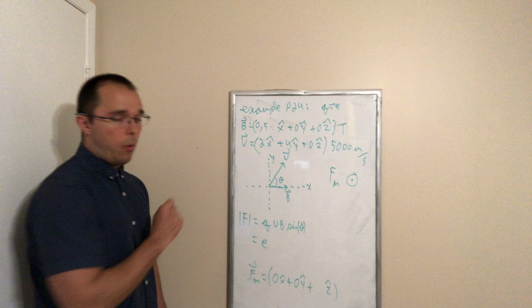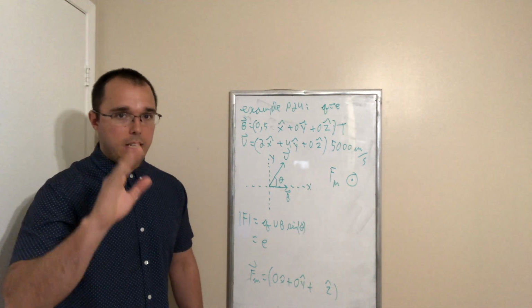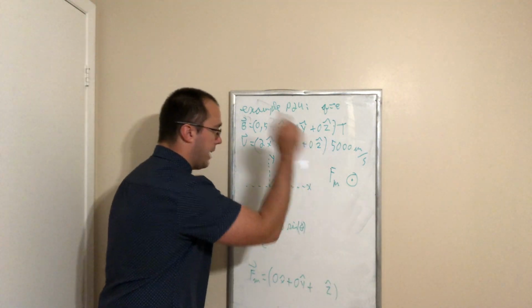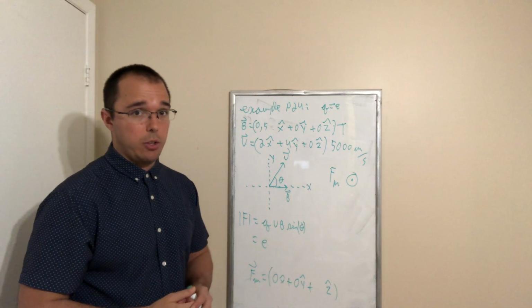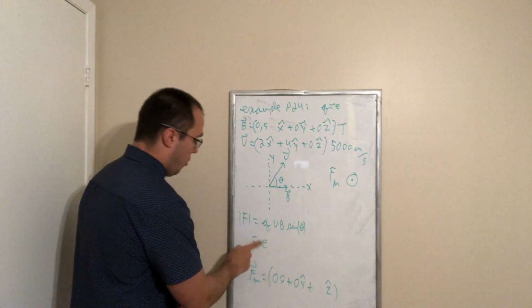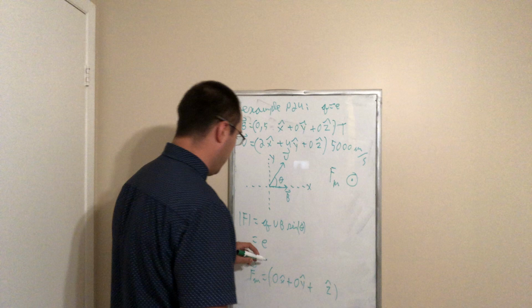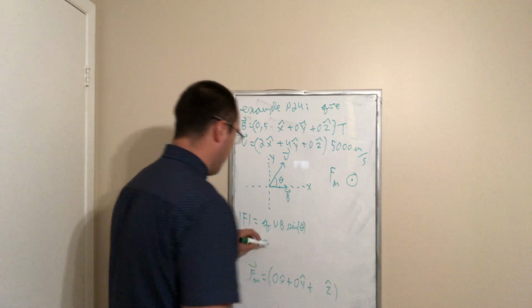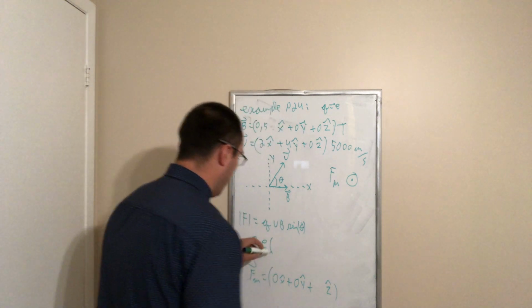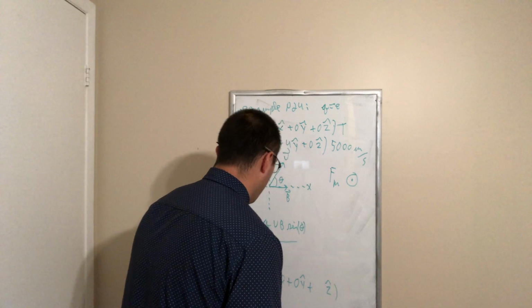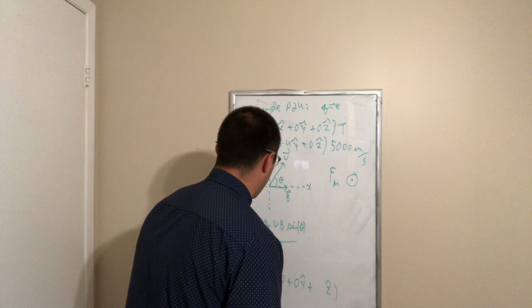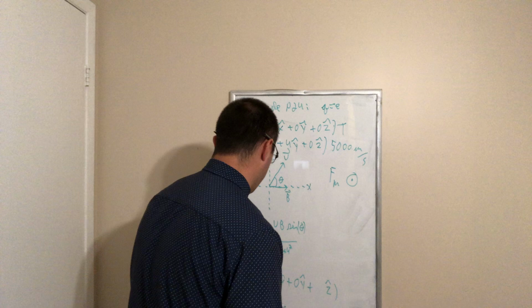Now note, I'm not writing the minus. The minus e was only important for the direction of the vector. We already figured that part out, okay? So we need the value, e over here. The velocity, we need to use the Pythagorean theorem, so square root of 2 squared plus 4 squared,